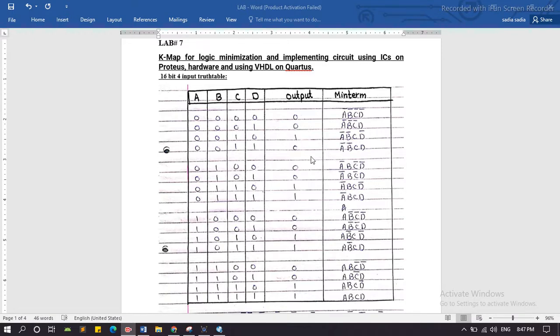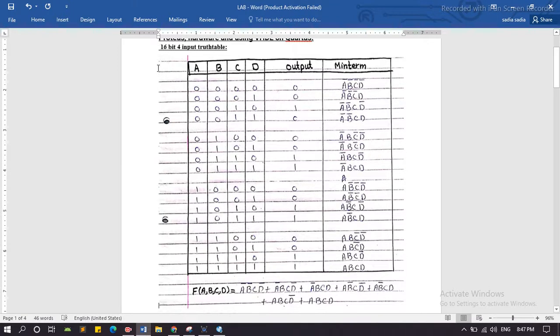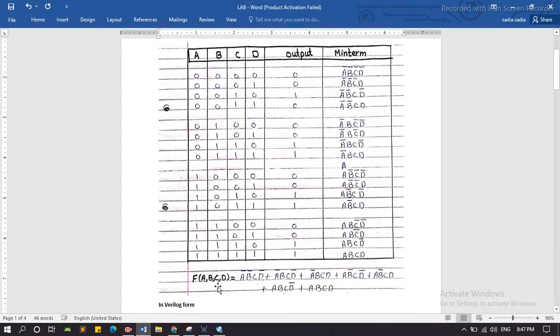Now using SOP, sum of products, we create a function and sum all the products which have the output 1. We write f of A B C D is equal to the sum of all the minterms which have the output 1.